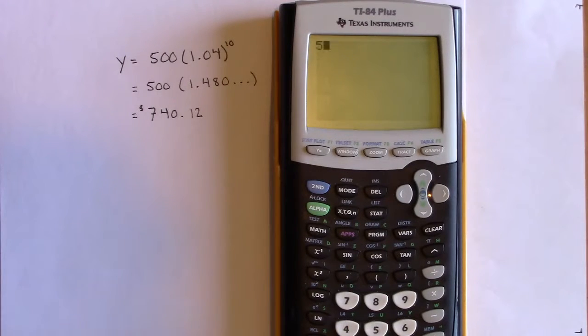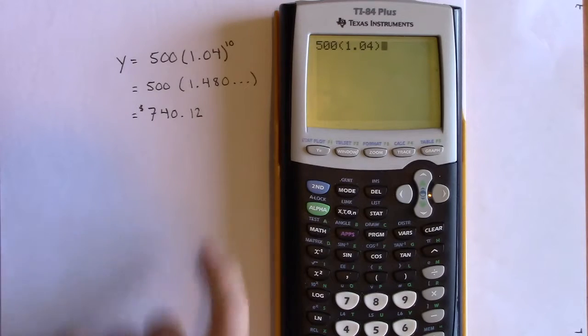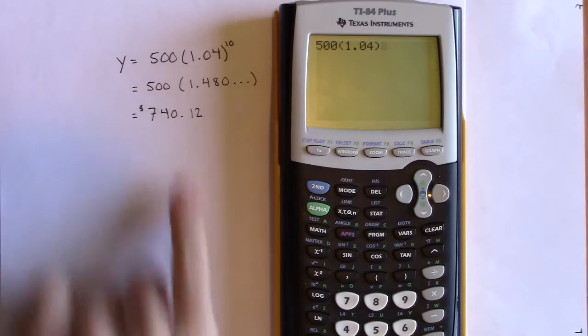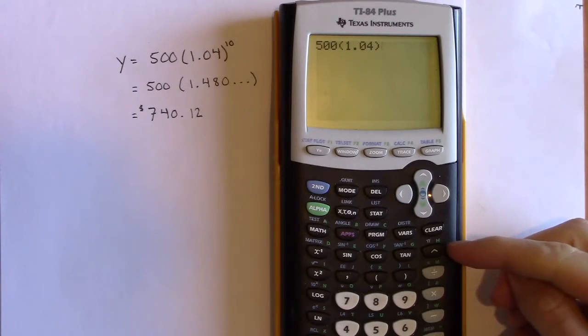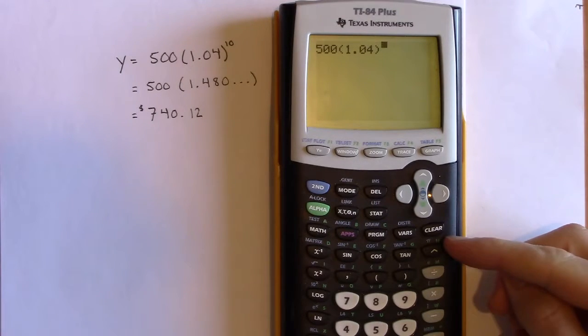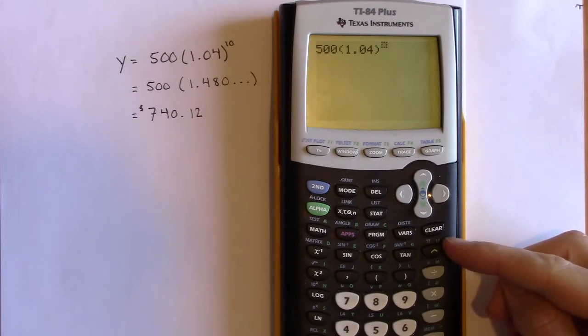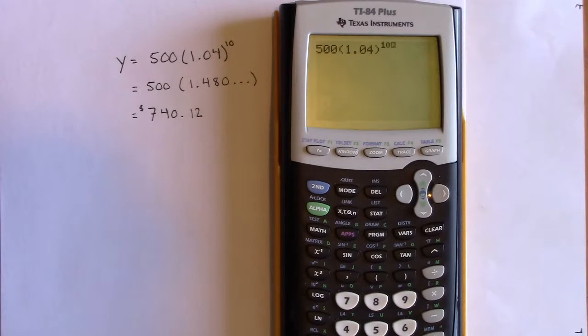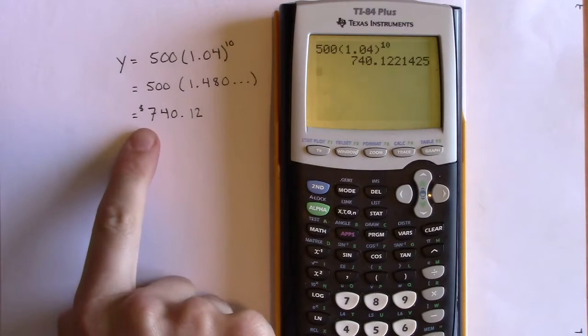I'm going to start off by putting 500. So I've got that number there. I've got my parentheses, 1.04, and then in order to get the exponent, or that 10, we're going to take advantage of this caret key right here. This caret key is how we get our exponents. When I click it, you'll notice my cursor kind of moves up above. I can type in my 10, and now that I have it written exactly as it appears on my paper, I can hit enter, and sure enough, I get my